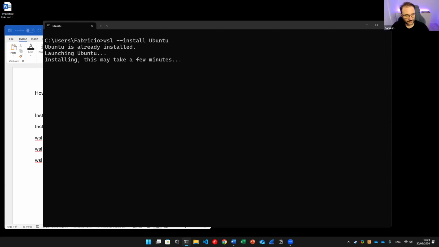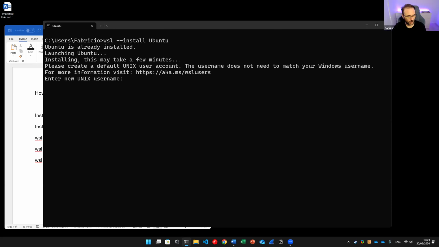In my case, it's already installed in the sense that I already have the image downloaded in the cache, right? In our case, it might take a couple of minutes to download it from Windows Store or from Windows servers, the backend infrastructure for updates and stuff. But one way or another, you should get to this: enter the new Unix username. In my case, it's Fabricio. That's the username you're going to see throughout this workshop, followed by a password. The password here doesn't really matter, but you must issue a password. It will not echo, you can't see it, but you must issue a password so that sudo will work from inside